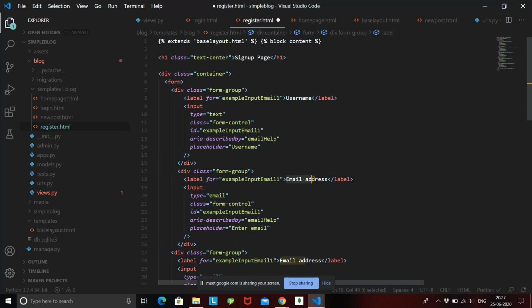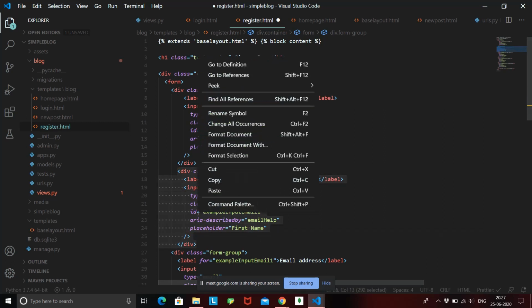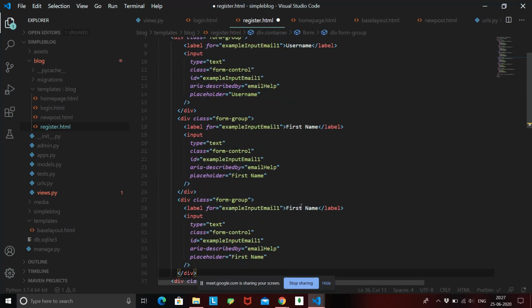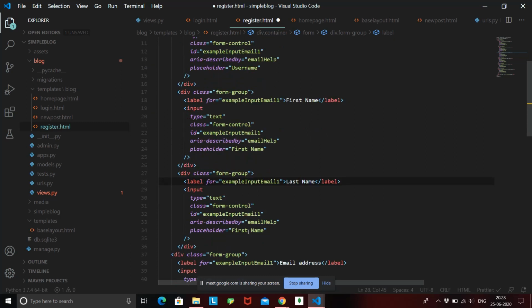Now we need the first name, okay, and once that is done, I'll again copy this whole div, paste it again for the last name. Okay, that is done, and we'll just paste it as last name.